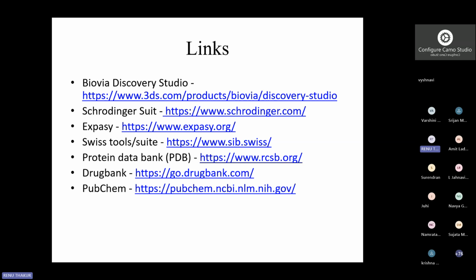It has a different set of tools called Maestro, Desmond, and PyMOL, which is also one of the Schrodinger Suite, but PyMOL is free. Okay, and if you're a bioinformatician, you'll come across this package or suite called ExPASy. So ExPASy is one of the Swiss Army knives. Yesterday I told you, the Swiss Army knife of a bioinformatician,